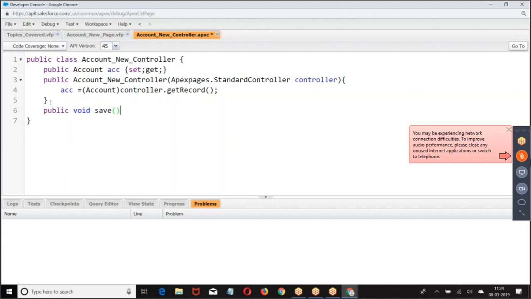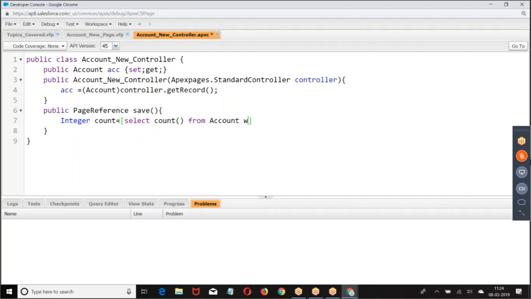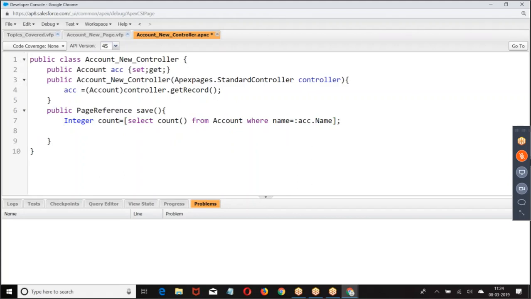Public void, Page reference. Count equal to select count from account where name equal to ACC dot name. Then if count is greater than 0, there are duplicate records.